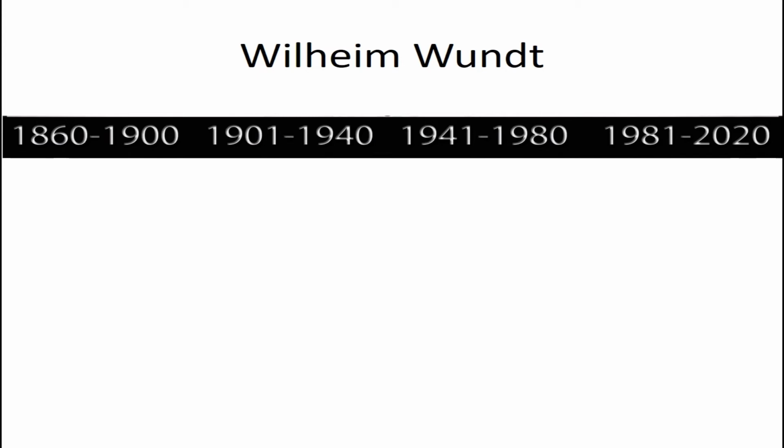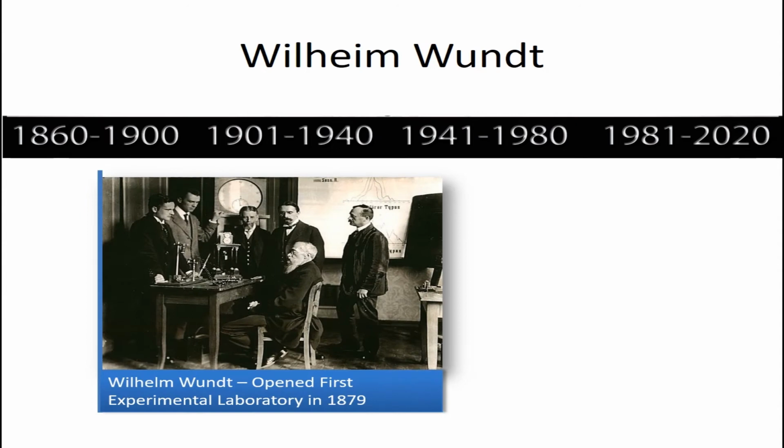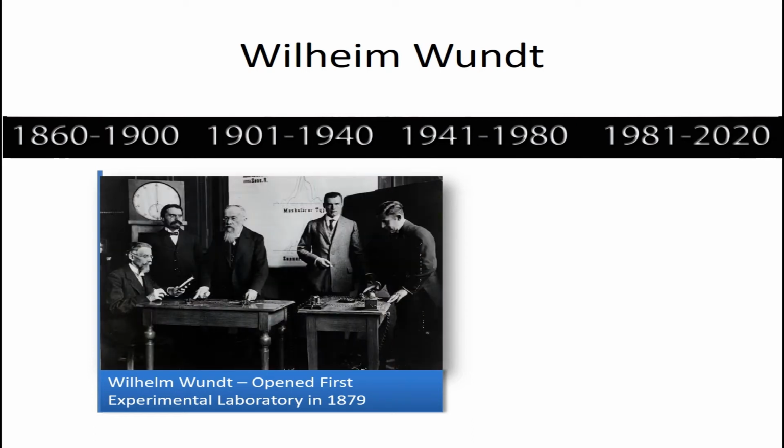Now let's go back in time to the first key event to mark in our history of psychology, and this is 1879, which is the opening of the first experimental psychology laboratory by Wilhelm Wundt in Germany. And this picture here is of Wilhelm in his laboratory, sat at a chair, surrounded by other psychologists. You note that they were considerably more smartly dressed than psychologists like me these days. There you go. And here is Wilhelm in his laboratory having a good old think about things.